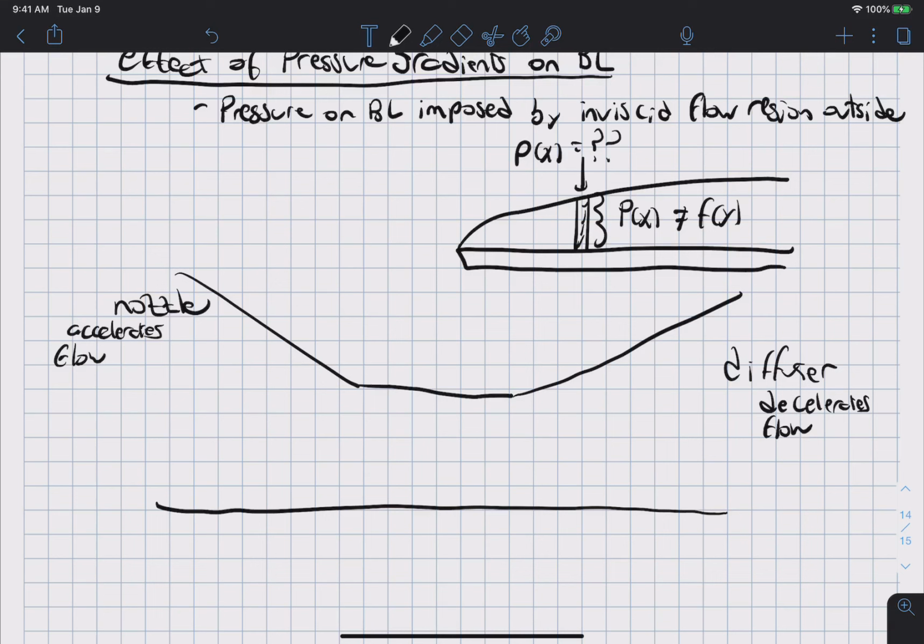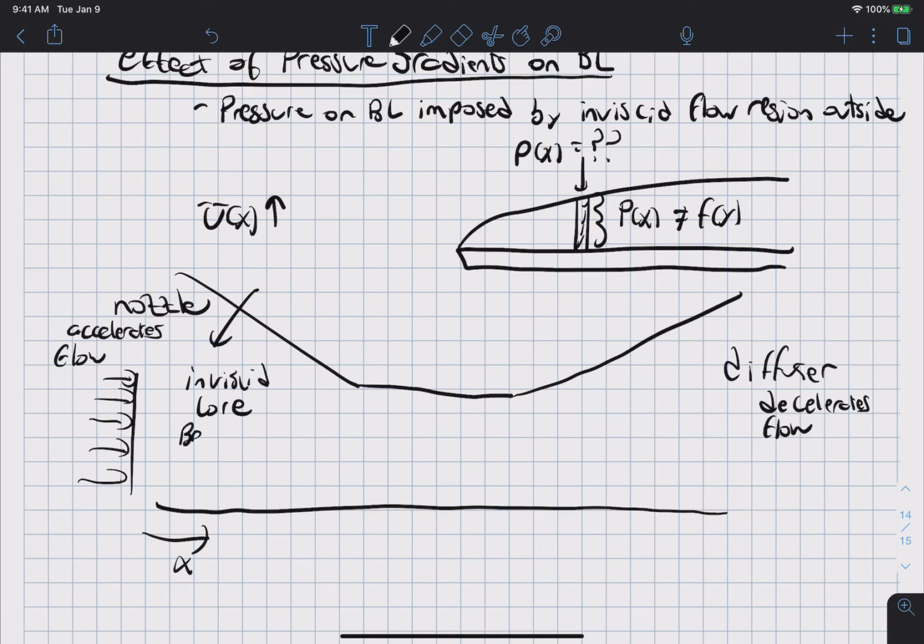Okay, and so we'll just assume that we have some U. Well, in this region here, where we are accelerating the flow, U of x is increasing, and then because this is the inviscid core,